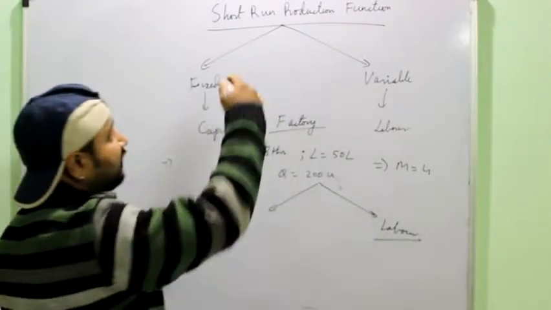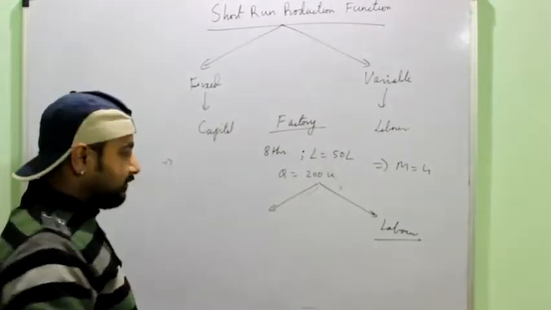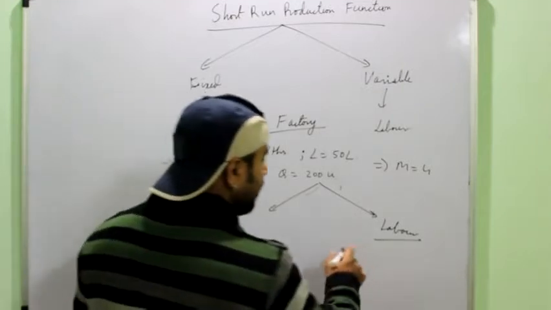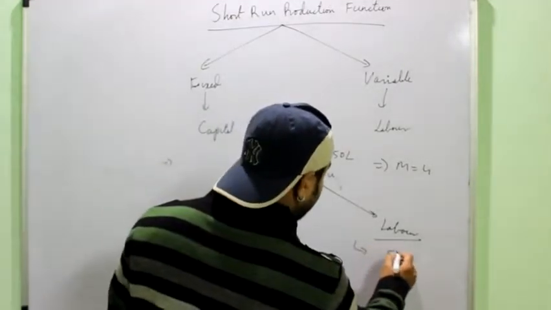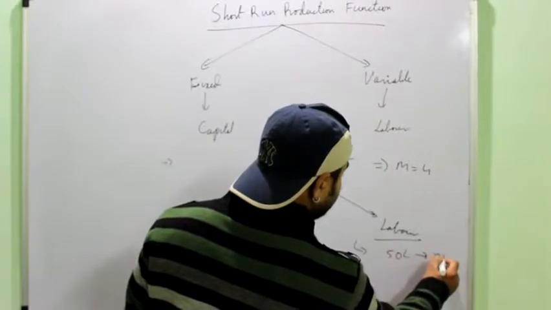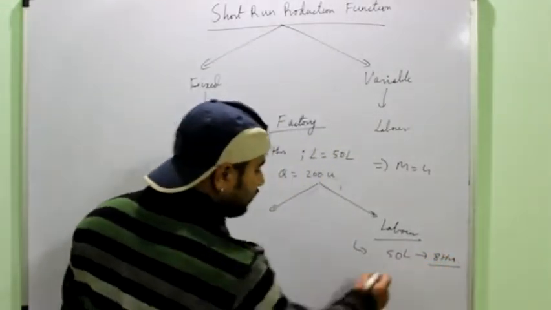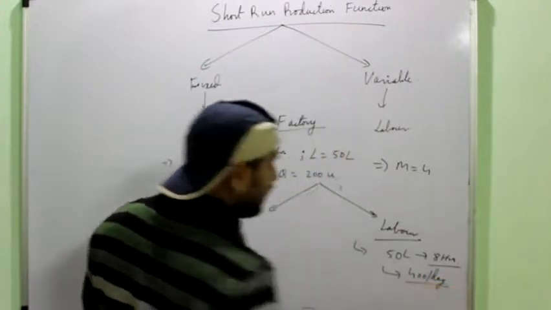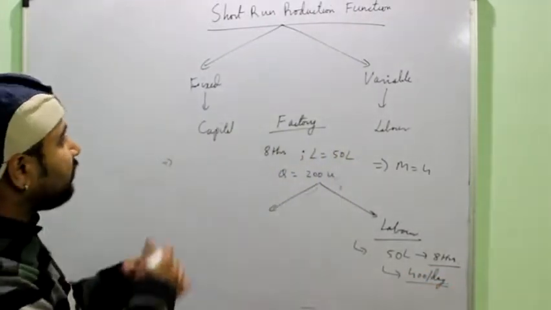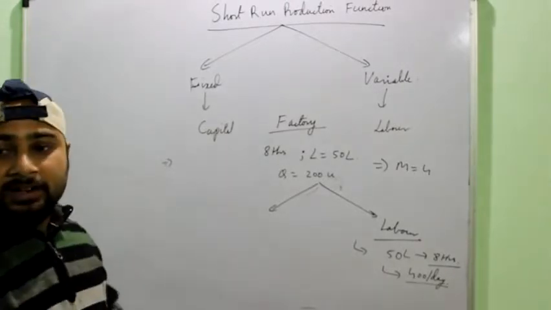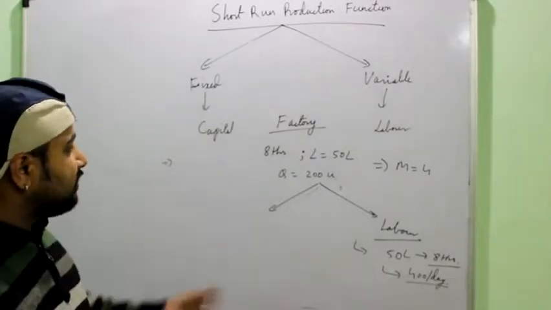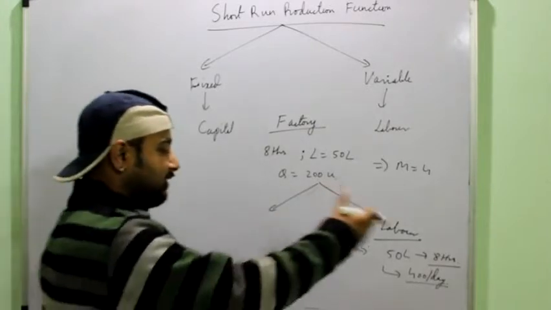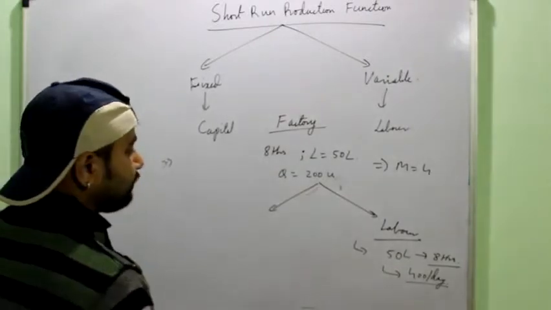And remember, we are studying the short-term production function, where theoretically also you cannot increase the fixed factor. What I do is I bring 50 more labor, make them work 8 additional hours, right? So I can produce now 400 units per day, and I can complete the order in 2 days. So short-term production function is all about this particular study, that how this production is increased while keeping the one factor, that is the fixed factor, constant, and increasing only one factor, that is the variable factor.